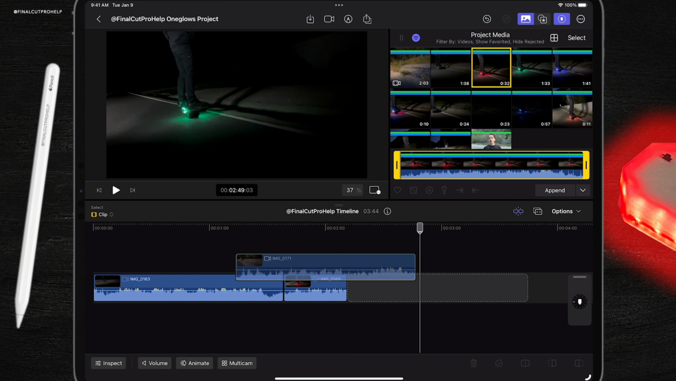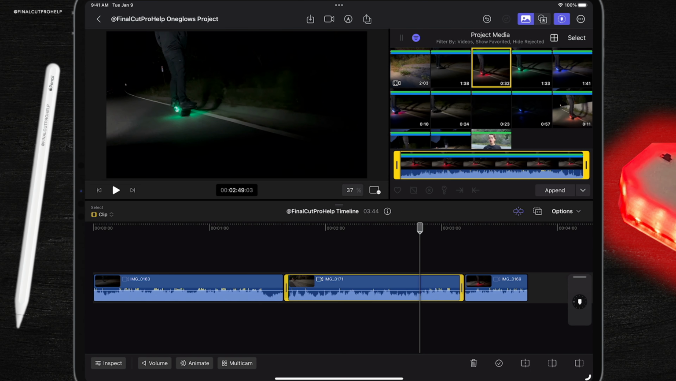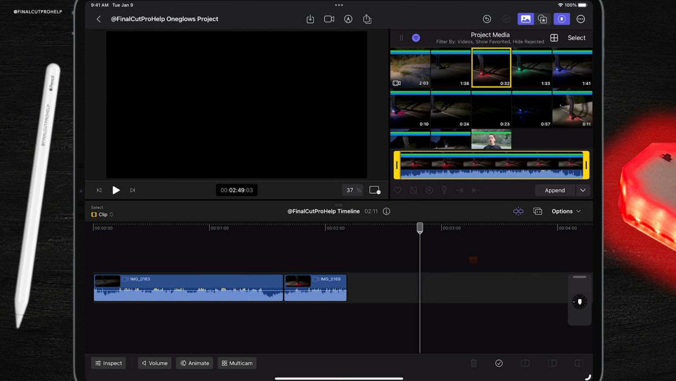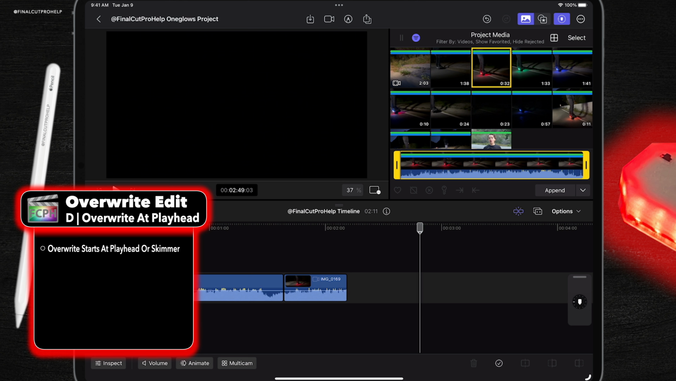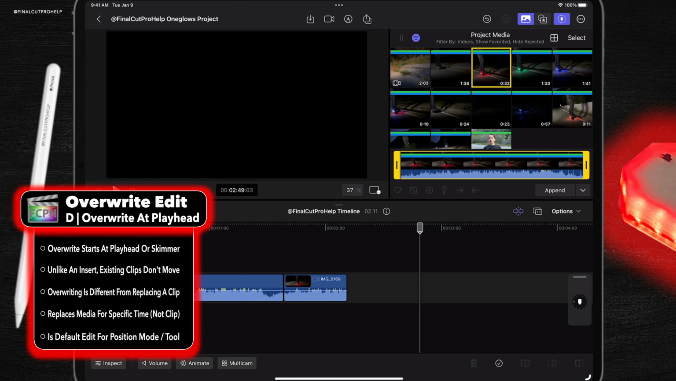To remove a clip, tap on it and press the delete key or the trash can icon. No gap is left behind because all of the clips slide over to fill it in. And in most cases, this is non-destructive editing, which means the original media is available in the browser if we